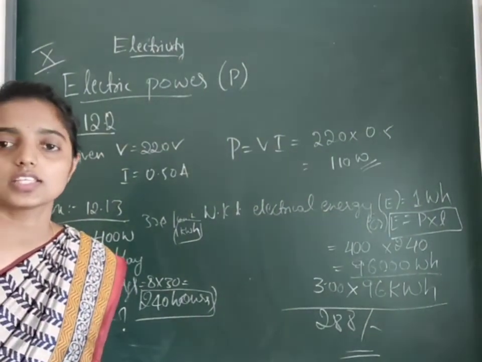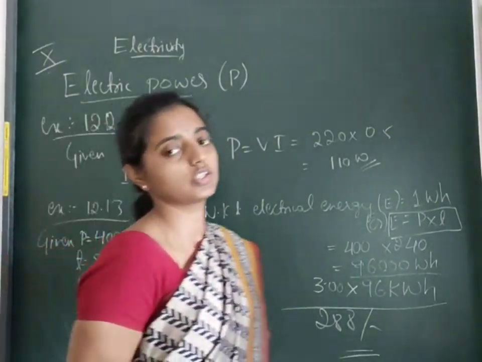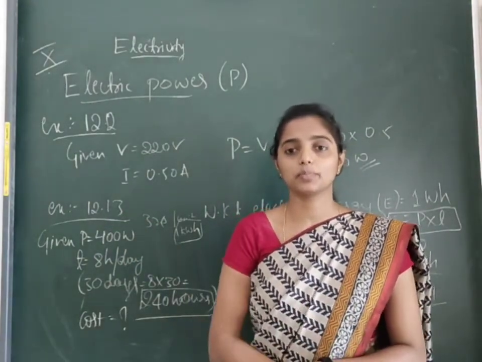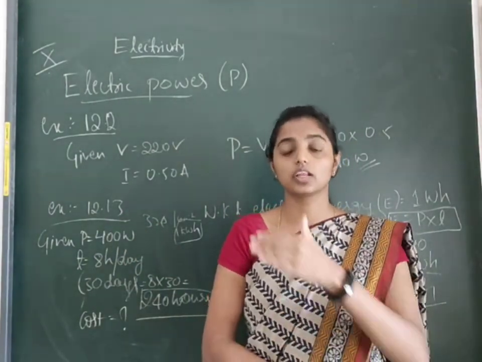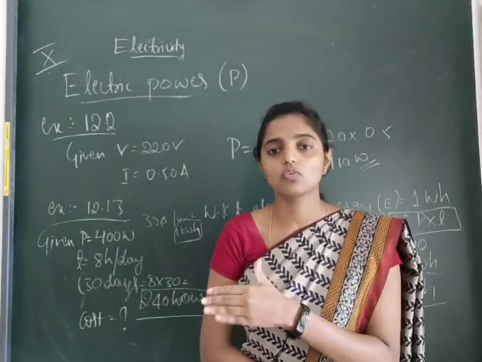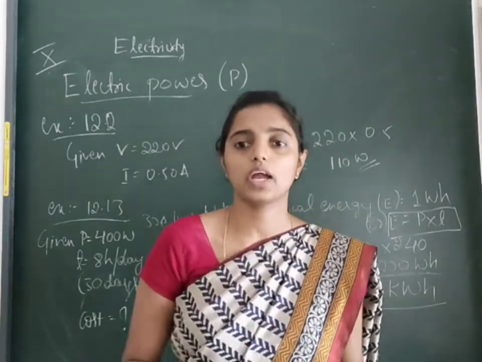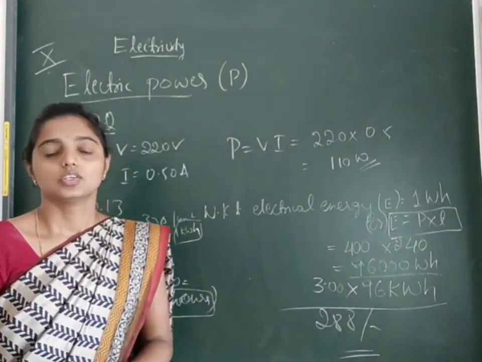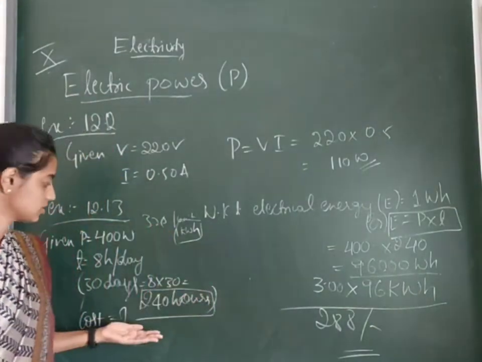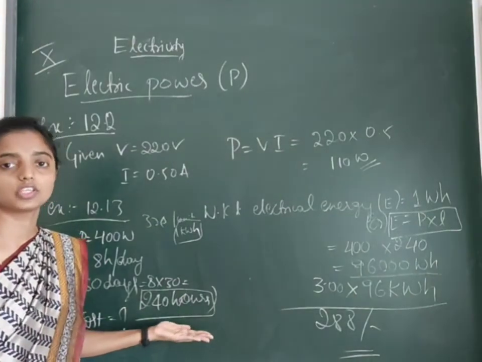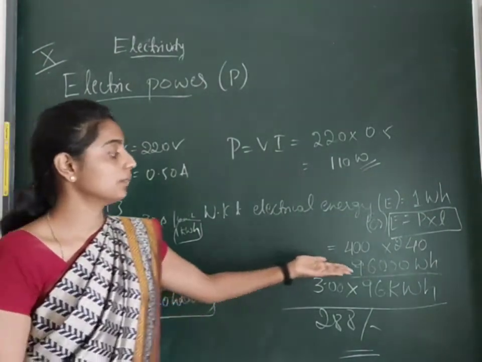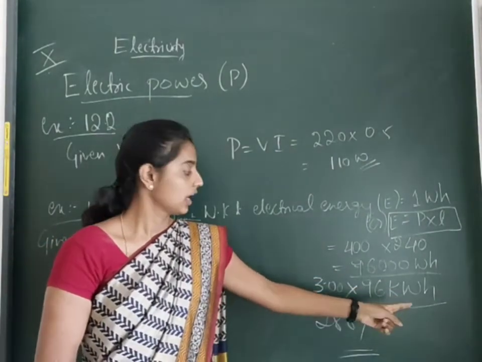Clear? So once again this question, second type question, that is example 12.3. Few more we have in the in-text, sorry, in the last exercise part. Once we resolve all those things, we'll get a proper idea how to find out this cost and related to this power numerical problems. Okay, so here first we need to analyze the question and we need to calculate the time as they are given for 30 days, and we need to calculate electric energy, and we got in terms